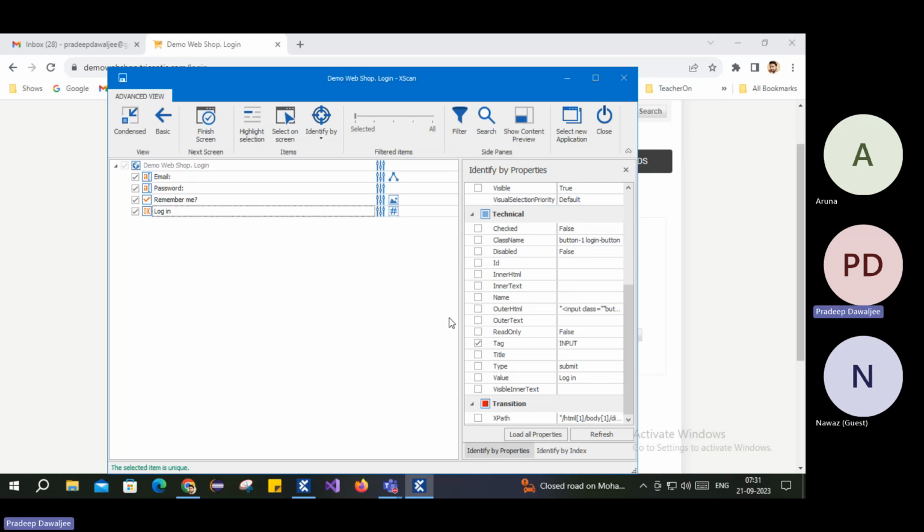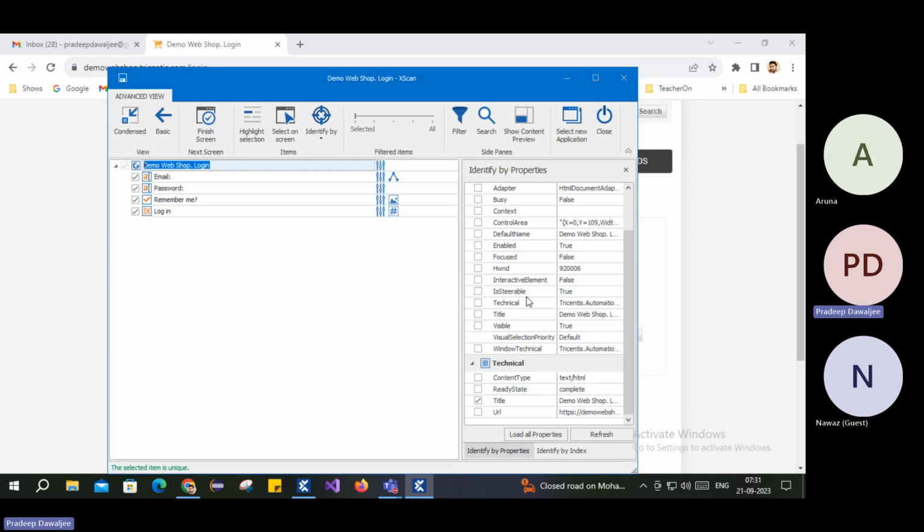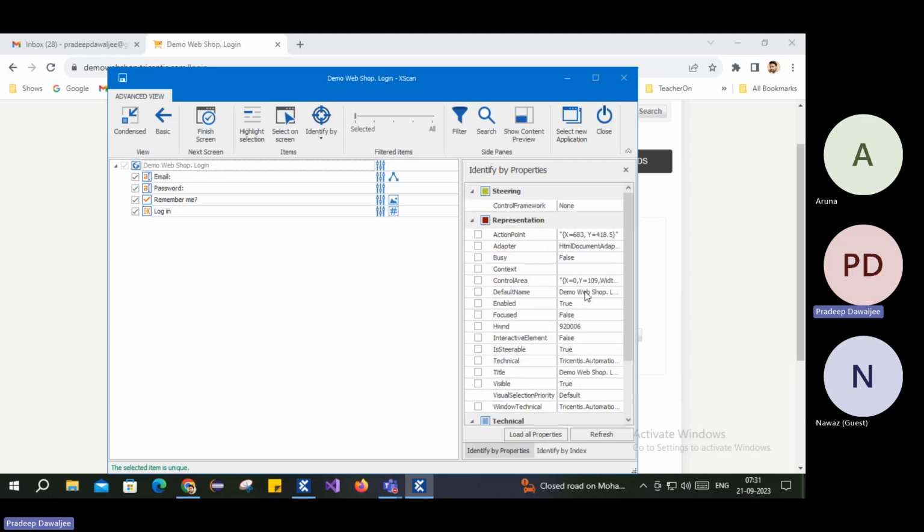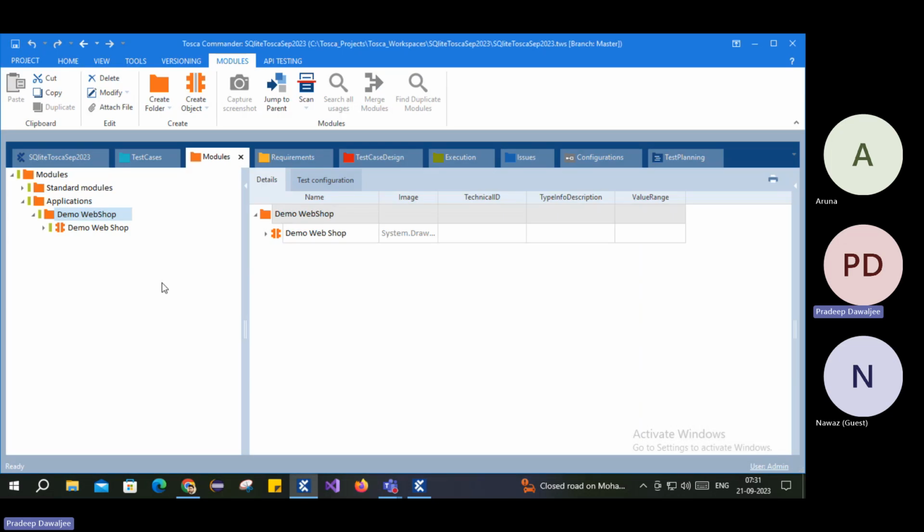So these are the things. And when you click on the module, it is being identified with the title property and something called demo webshop.login. I'm fine with this title for now. We can use this. And nothing else I would suggest. So if you see here,